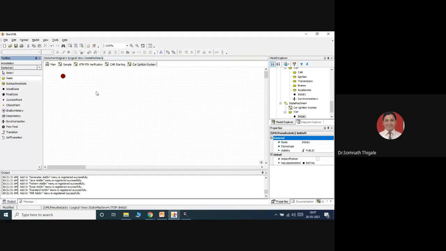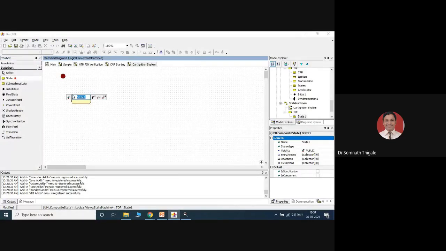Initial state, then the next state I can represent here, or inside that you can have different submachine states also. So I'll simply represent that ignition as ignition, we can say simple off, first initial condition. Second condition I can say starting.